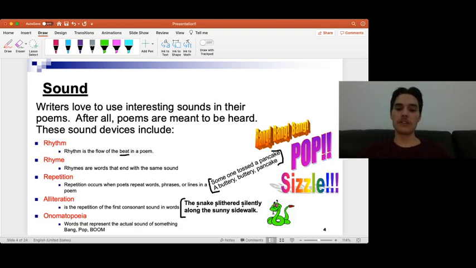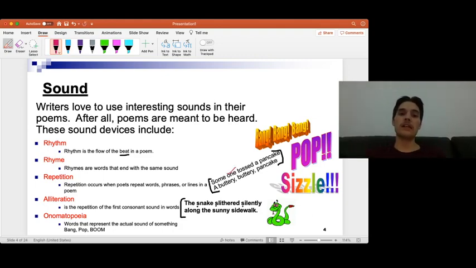Repetition. So sometimes, as you can see here, you have sentences in your poems that repeat words to make it just sound more pleasing. Someone tossed a pancake, a buttery, buttery pancake. Not only by repeating the word pancake are you reinforcing that word, but things like buttery and buttery are fun things to hear and say. Once again, there's meaning behind it, but that's why we included it. I think Justin Bieber in an interview once was talking about fondue in his song Boyfriend, and why he included it. It's just because he liked the word fondue. And that's sometimes okay. We're trying to make people enjoy listening to it as well.